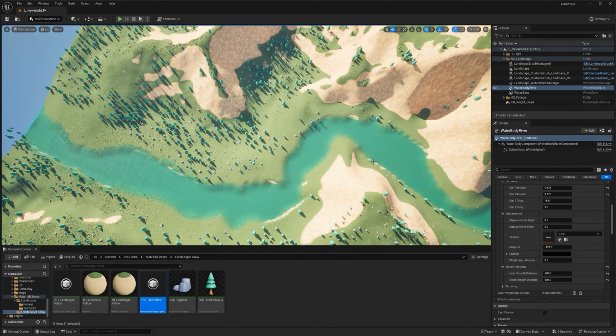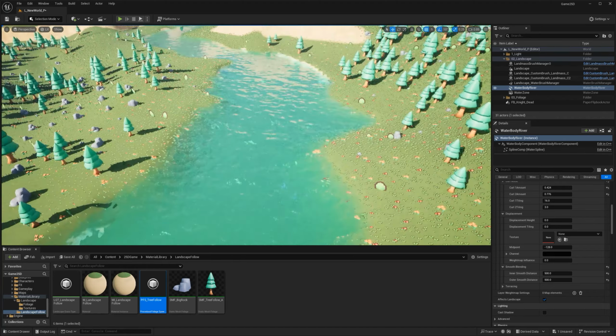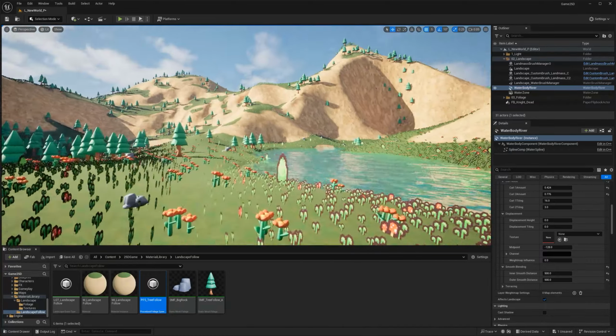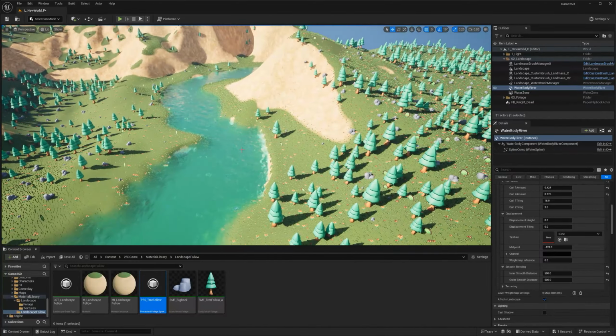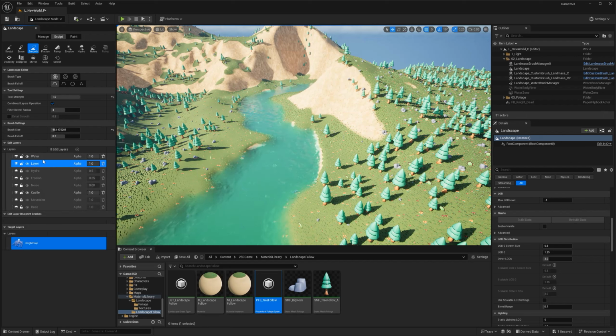And that's the cool thing about these tools: you can get something that looks interesting really quick, and then it's just a matter of styling or sculpting on top. I keep saying sculpting on top. What I mean by this is, if I select my landscape and go to my landscape mode, you're gonna notice that there is a layer called water. And if I sculpt stuff underneath it, you're not gonna see anything because that layer is overriding everything.